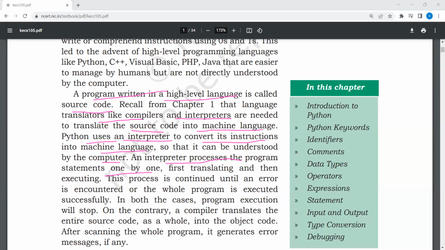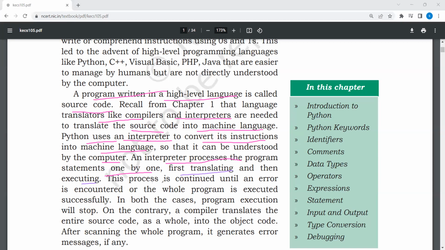An interpreter processes the program statements one by one, first translating and then executing.